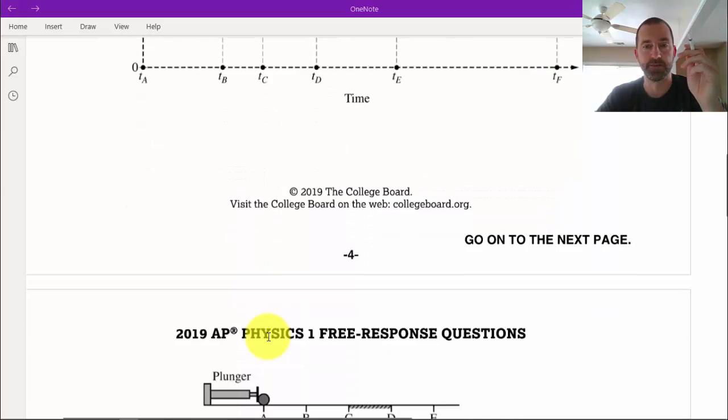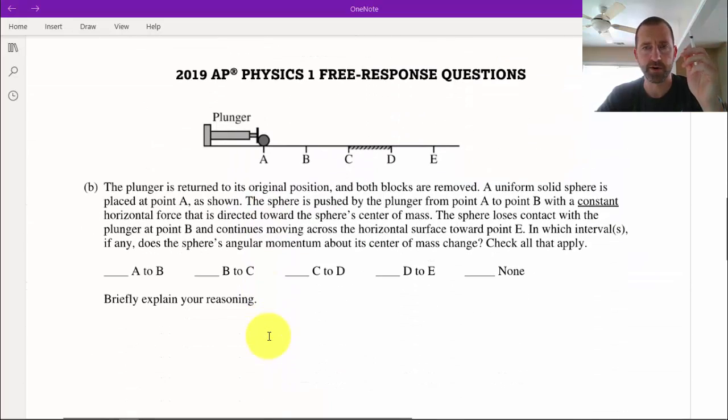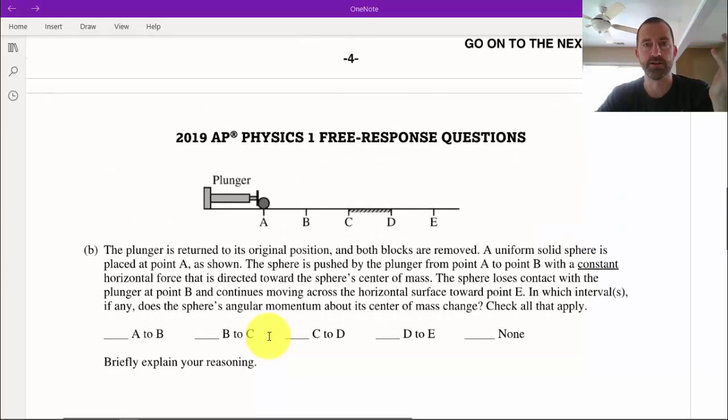We'll get to that in a second. And then part B, which is the end of it, says the plunger is returned to its original position and both blocks are removed. A uniform solid sphere is placed at point A as shown. The sphere is pushed with the plunger from point A to point B, just like block 1 was,